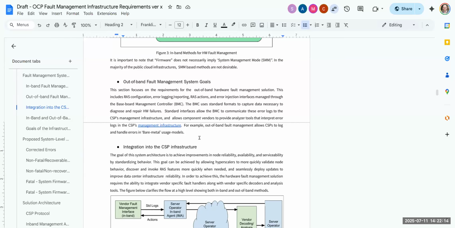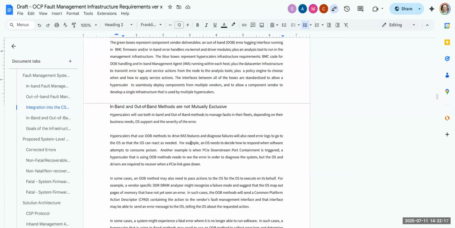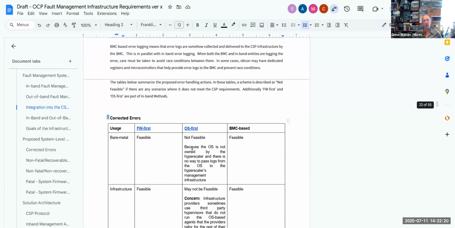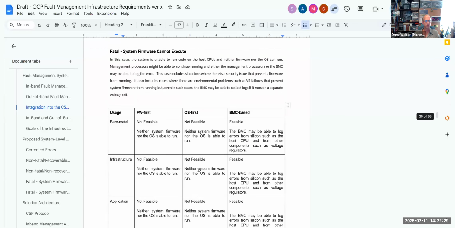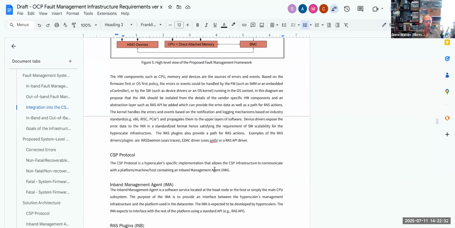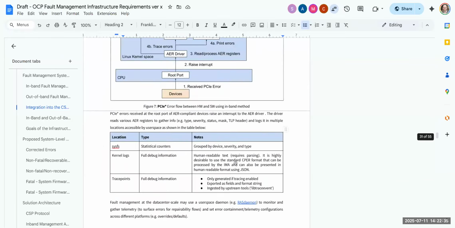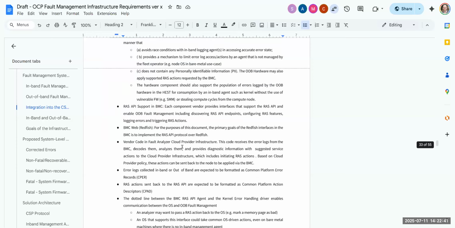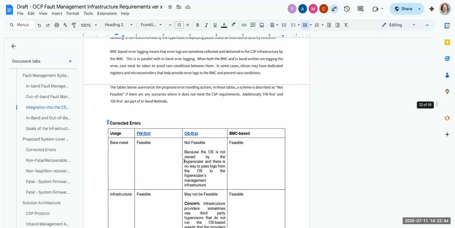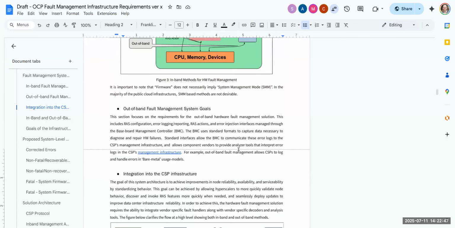It's not just for bare metal. Yeah. Okay. Yeah, because we may use it in other usage models. We can't afford to do it twice, so we'll do it once. Do bare metal for other usage models too. I mean, to be clear, if you want, you might actually say it that way instead, right? One key use case for out-of-band fault management is to enable a uniform fault management infrastructure, regardless of, I forget what we're calling it, that can even support bare metal. That can support all usage models, including bare metal, or something, right?